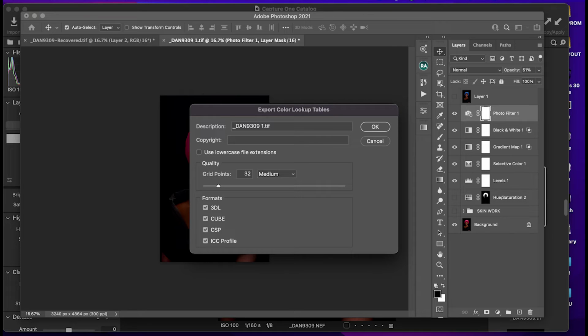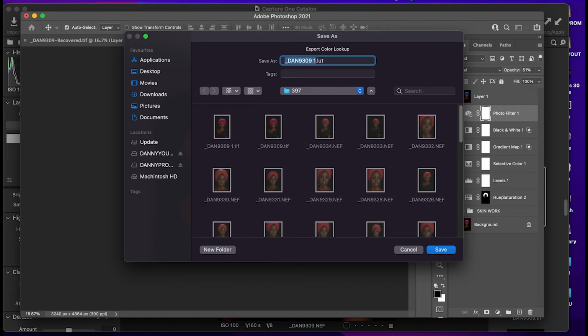Here you can put whatever you want to put, but for the sake of this video, I will just leave it like this. So I will uncheck every one of these. I would like to use .cube, depending on what you want, but you can still leave the other four checked. So I'll click on OK. I'll be prompted to select the name of what I'm going to title it. So I'm going to say Danny